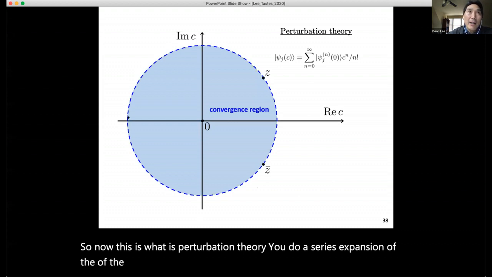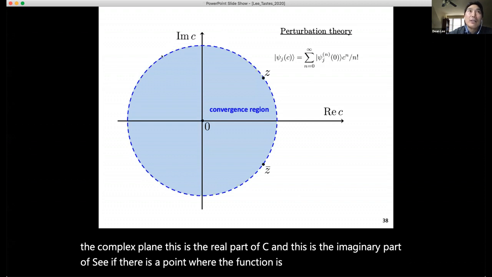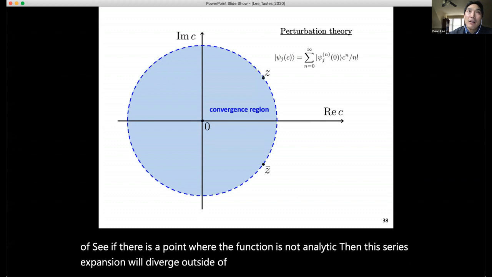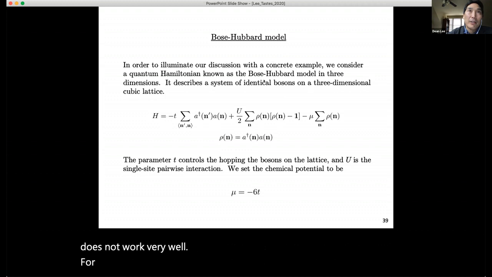The problem is that if you encounter, this is the complex plane, this is the real part of c, and this is the imaginary part of c. If there's a point where the function is not analytic, then this series expansion will diverge outside of this radius here. So there's a convergence region. So you can see how this does not work very well for a very simple example